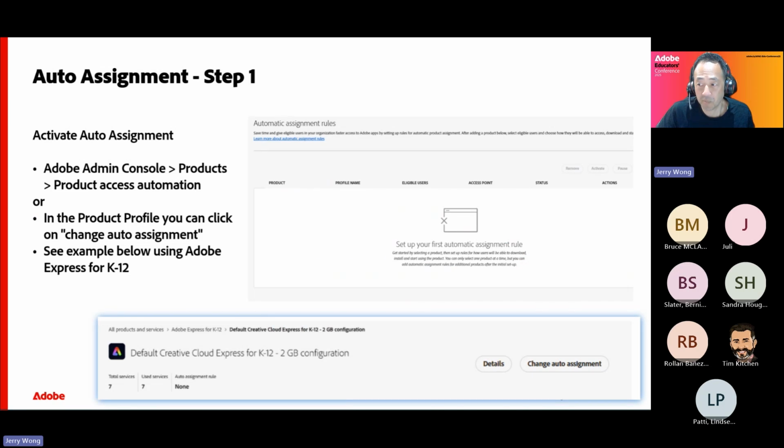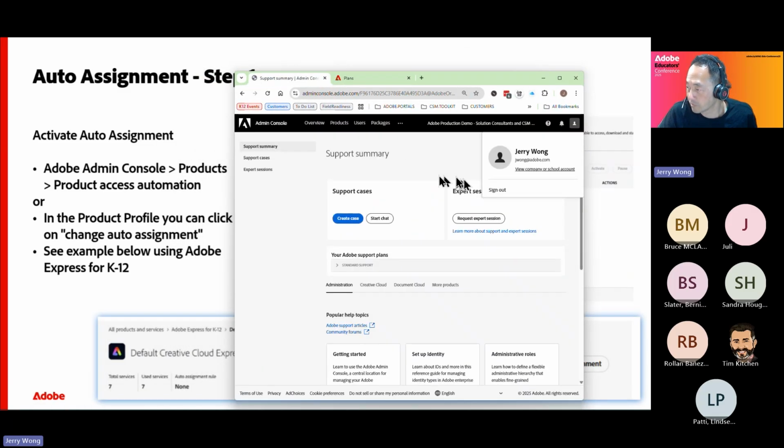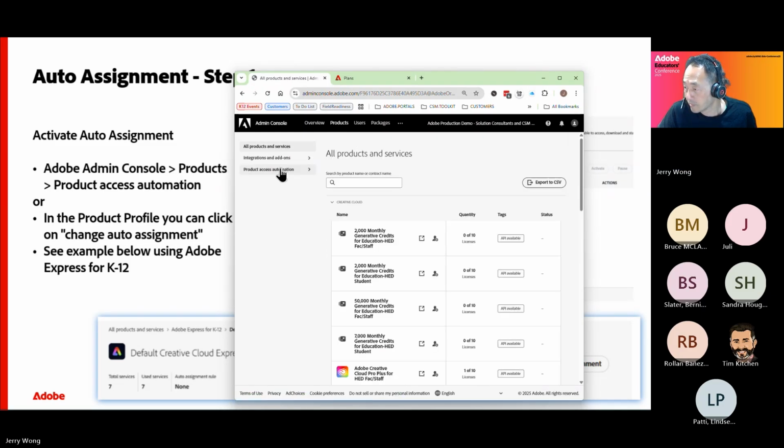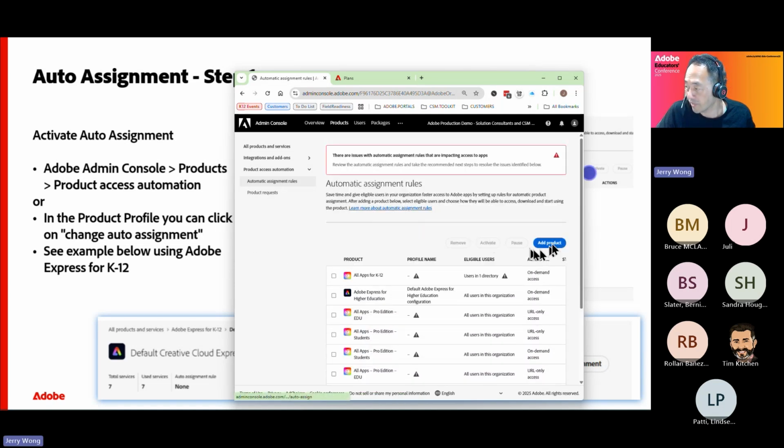Right, so step number 1, and this rule can also work for any products that you might want to set that up for. You'd simply go and activate the auto assignment feature. So I think it's best if I show you exactly where to see that in the live console. That will be under the products, and you'll see a number of automation, provisioning automation, and this will be the rule here. So once you go in here to activate it, just simply click add a product.